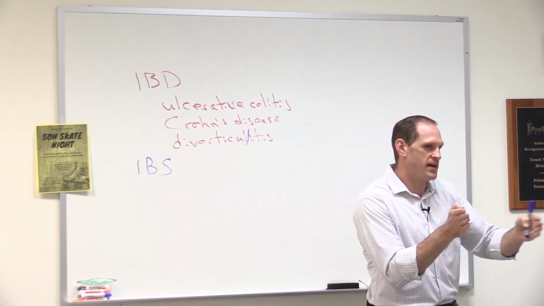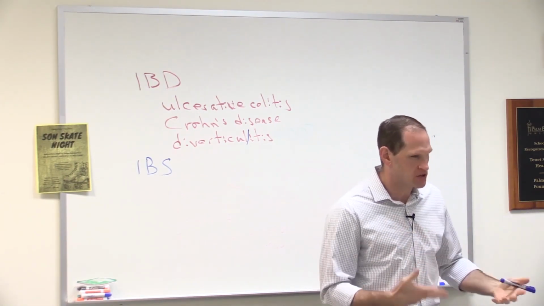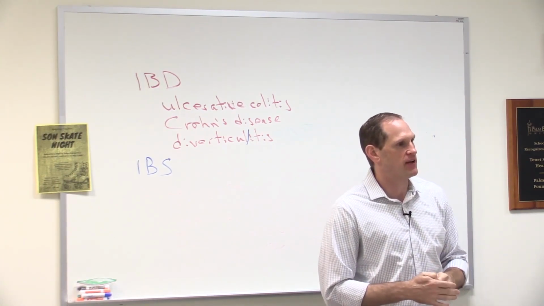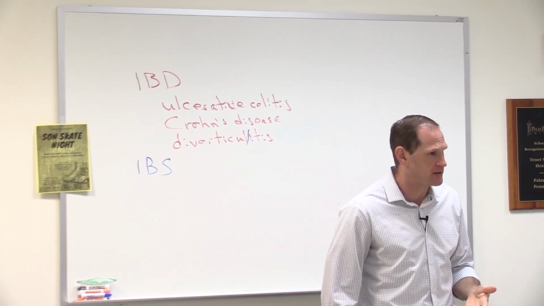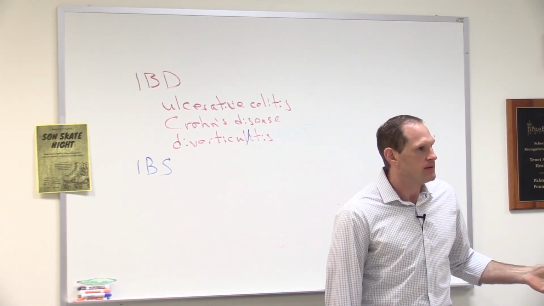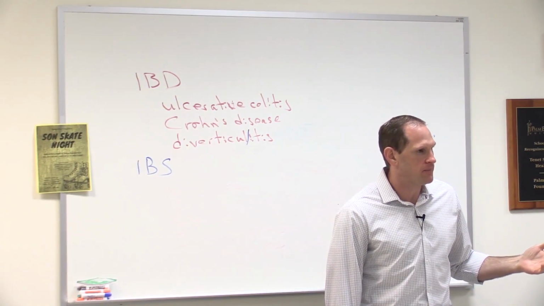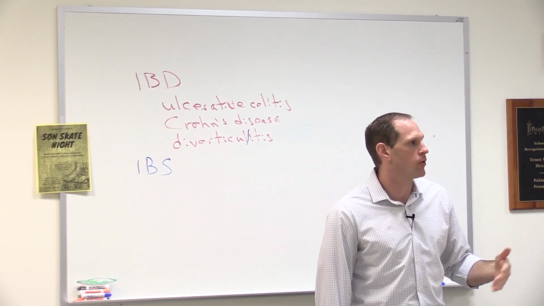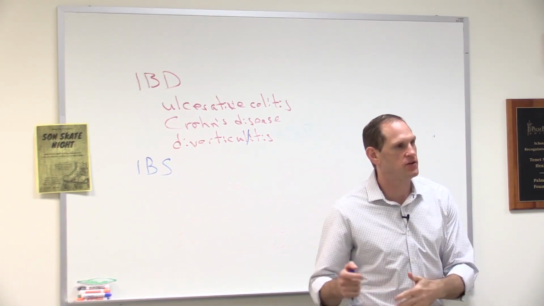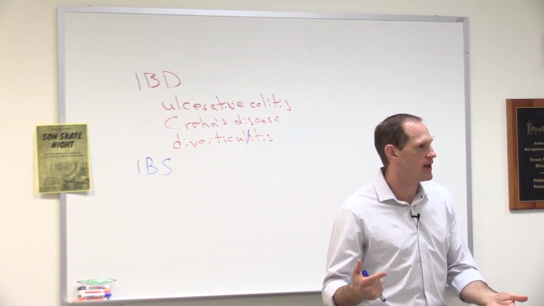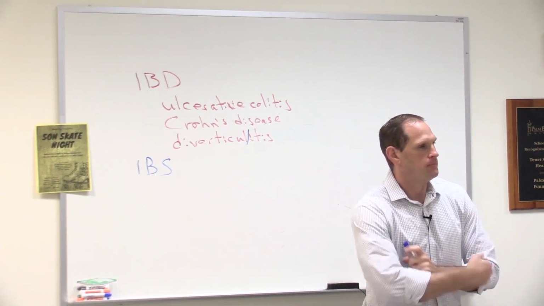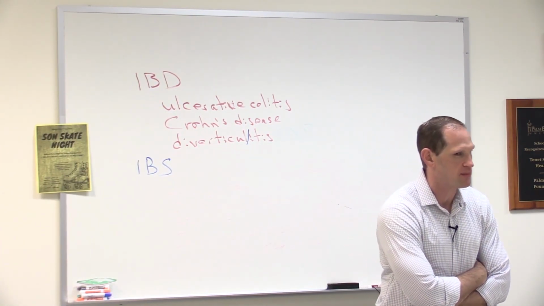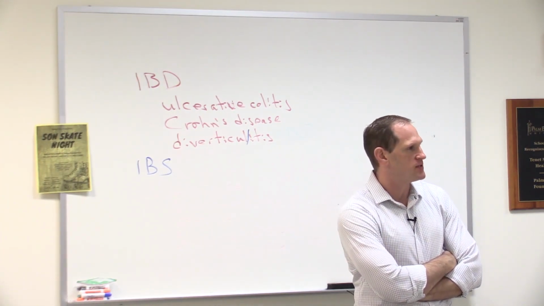So patients who tend towards diarrhea sometimes have a sympathetic response. Within half an hour to an hour after they eat, they might get sweaty, a little bit diaphoretic, and then they have diarrhea. That's more often men than it is women. And with IBS in general, more women have it than men. So women tend towards the constipation side of things. The key thing behind irritable bowel syndrome as opposed to inflammatory bowel disease is that there's no disease tissue